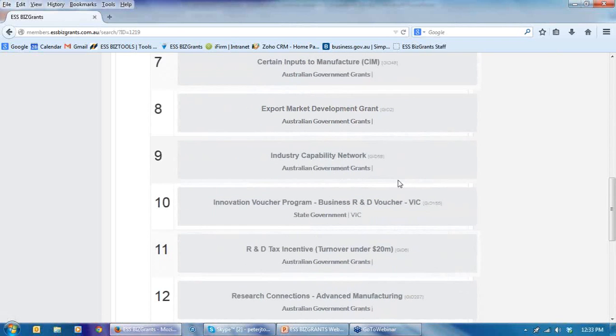You see we've got export market development grant there. Because they're an importer, we've got the certain imports to manufacture. The Industry Capability Network, which is a great scheme whereby any business that's developed any sort of product or service can